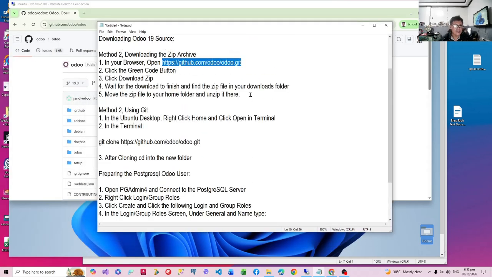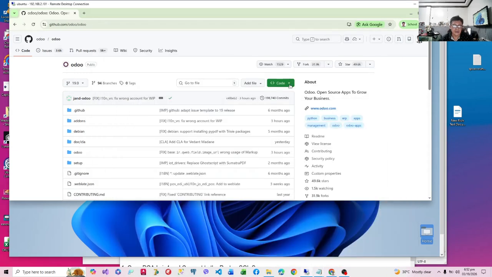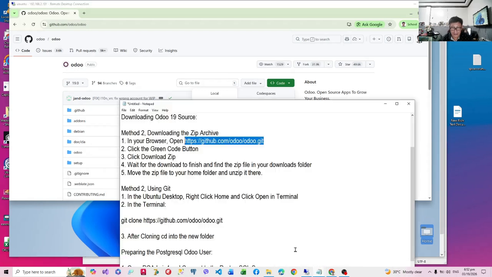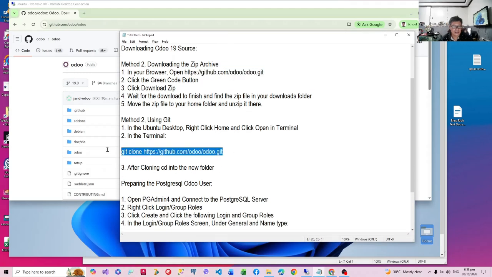So here it is. Now, using method 2, you can open the Git repository in GitHub using this address, and then after that you can go to code and then copy the GitHub URL, and then back in your Odoo terminal, you can download by typing git clone like this.